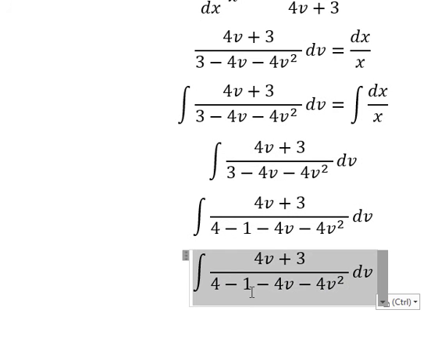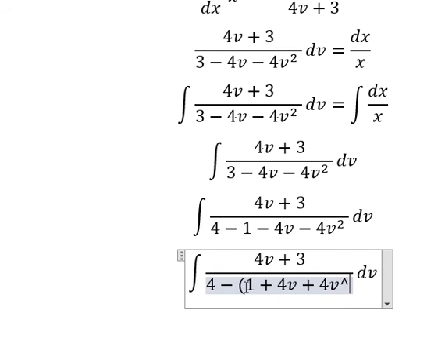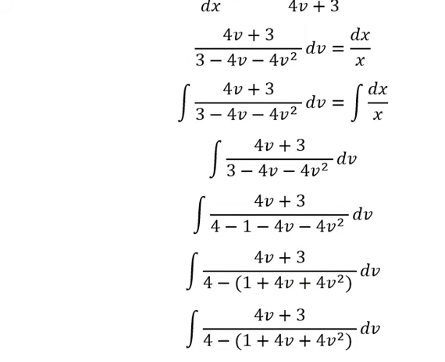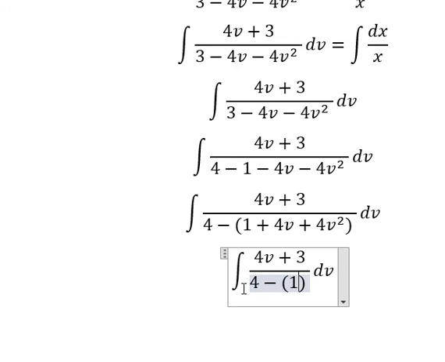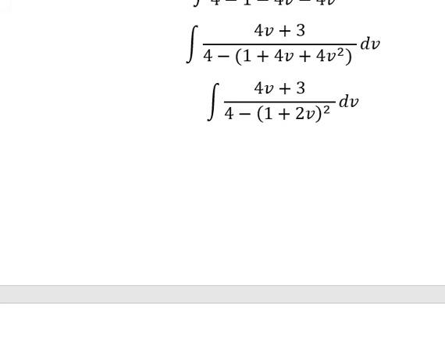This one, we can put inside the parentheses. So, this one, that is about identities. So, we can use about integration by